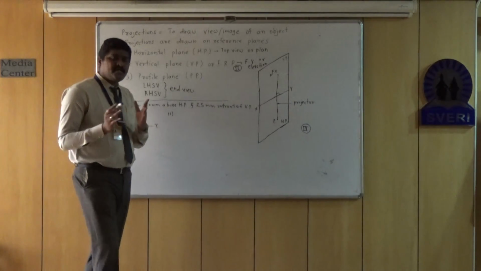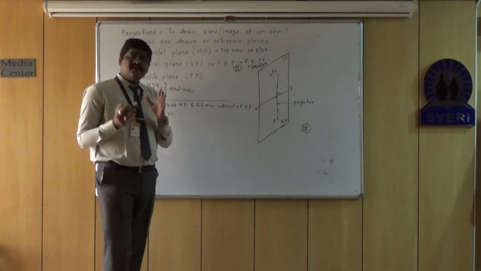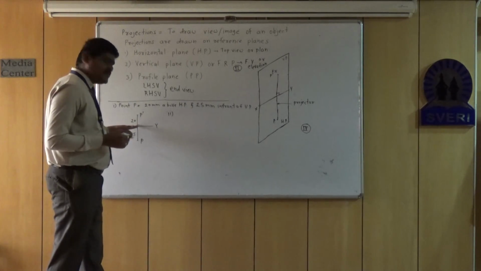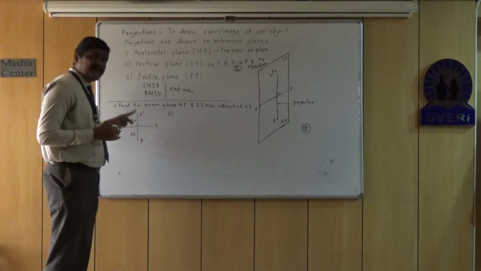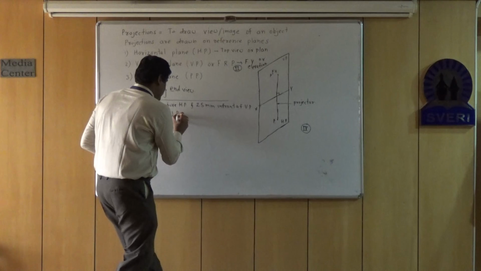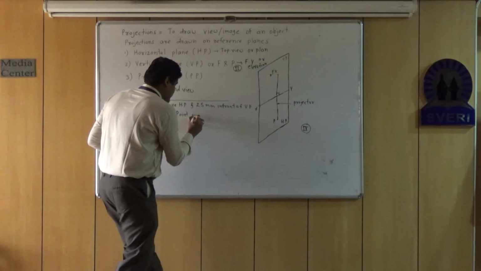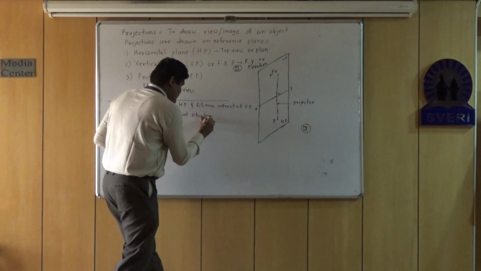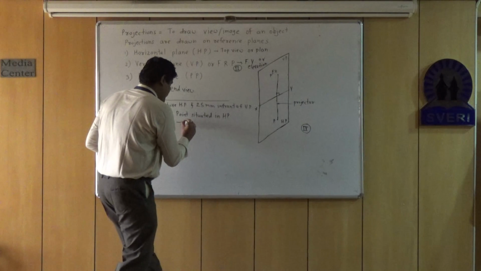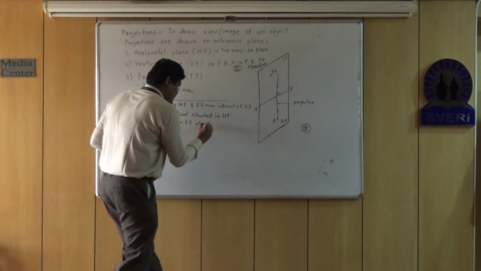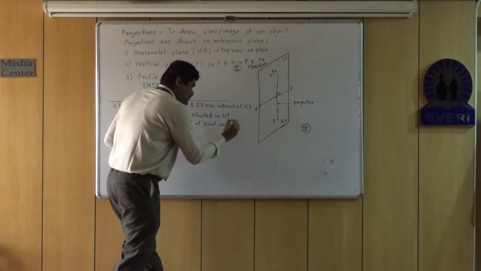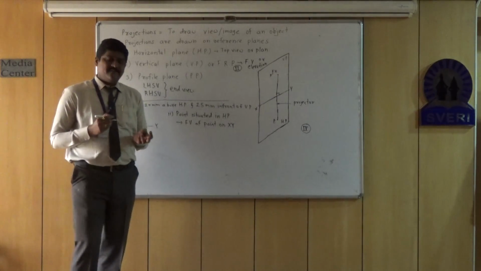If a point is situated in HP, its distance above HP will be 0, means in terms of projections, P dash will be 0 mm above XY, that is P dash will be on XY. So the second conclusion we have to remember is if a point is situated in HP, it means that front view of point will be on XY, and